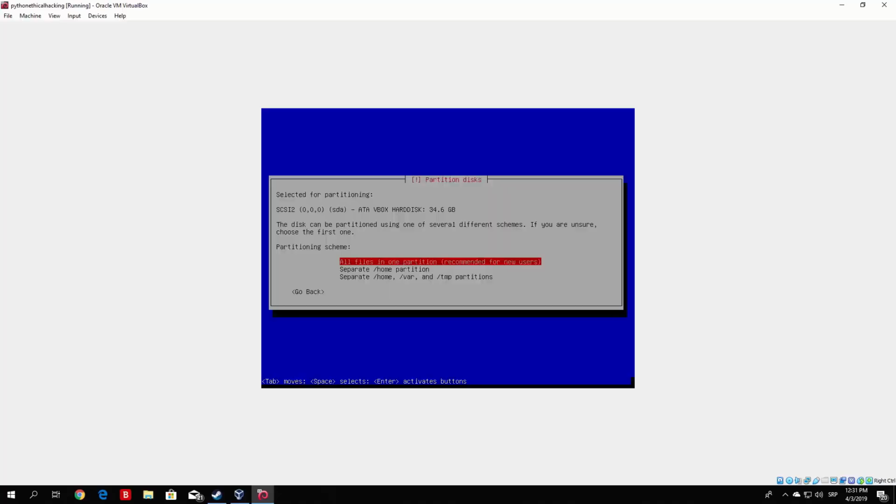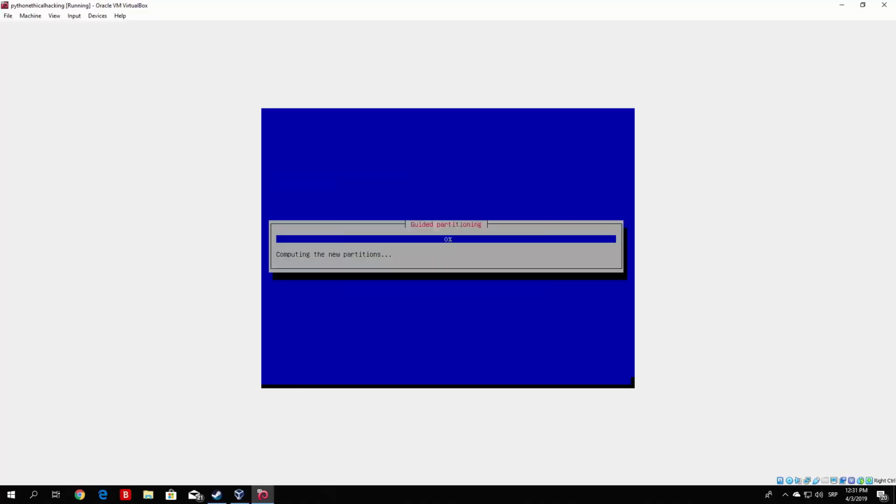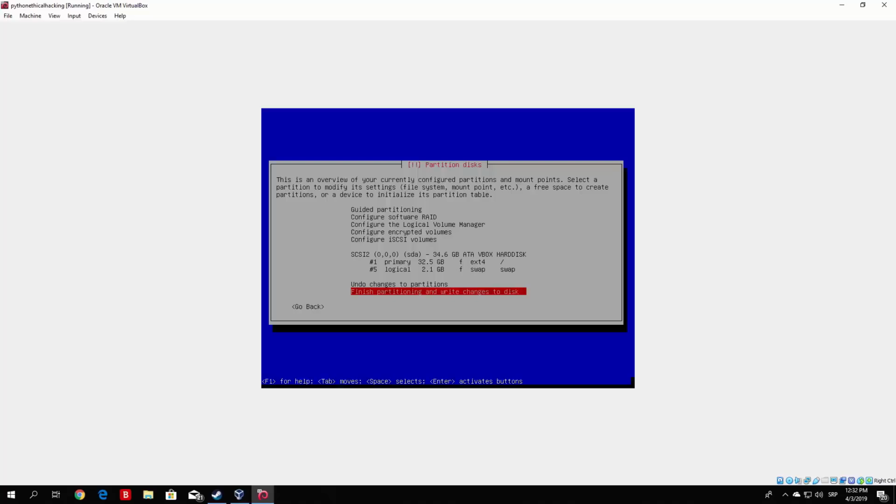For this part right here, you want to select all files in one partition. As it says right here, it is recommended for new users, and if you're watching this video, you're most likely a new user, so you want to go with this so it doesn't present us with any other problems. So select all files in one partition, press enter, and click finish partitioning and write changes